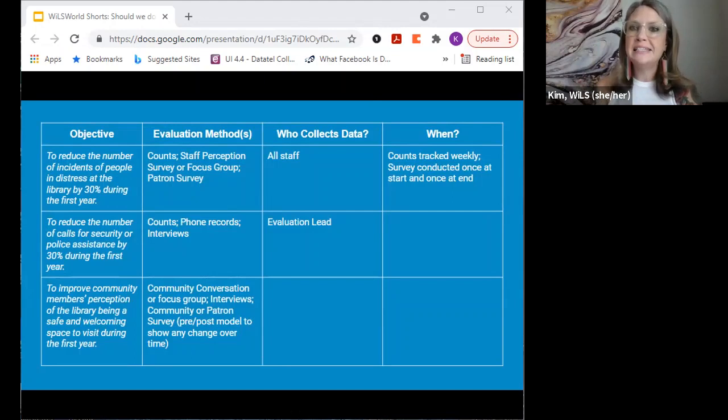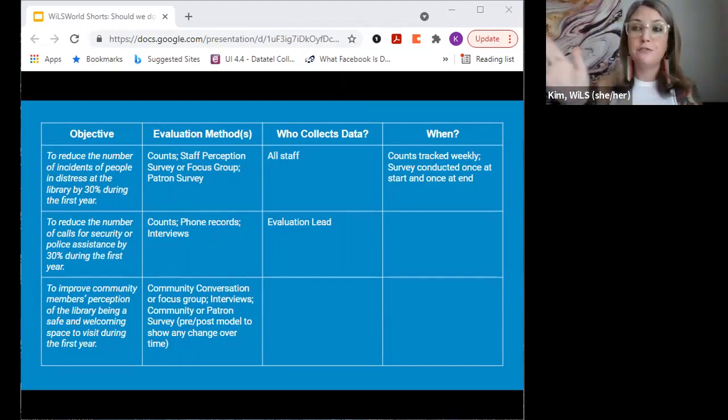So you want to consider what will get you the information that you need, above all else. But you also want to account for whether this is going to be too cumbersome or overwhelming for people to do. You may decide that you want or need to use more than one method to track progress on a single objective, and that's okay. It's also totally fine to have just one method.